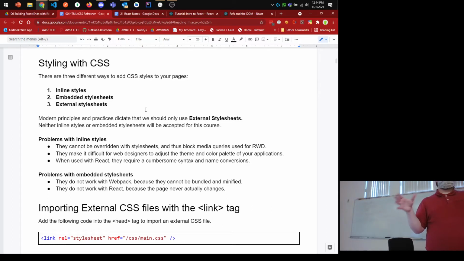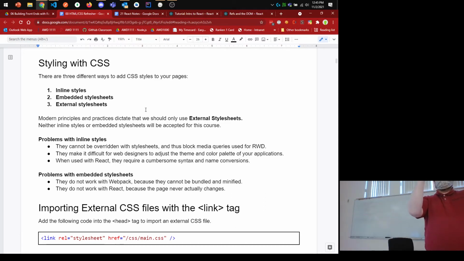You may remember the term RWD, responsive web design, right? And so remember, responsive web design relies a lot on media queries to change the styling, right? Change the styling based on the screen width. Okay, so one of the things you may or may not remember is that inline styles always have the highest precedence. They override absolutely everything else. So if you set something in an inline style, it doesn't matter what's in the style sheet. It's going to be what's the style. So